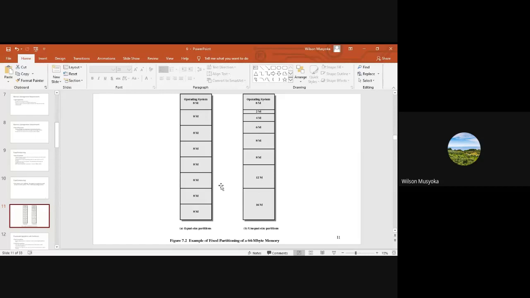This is an example of how internal fragmentation takes place. Here this is 8 megabytes, for example, and the operating system is going to divide the memory into partitions of 8 megabytes each. But if a process is 4 megabytes, then 4 megabytes is wasted. Again, another one is wasted. When there is a big memory requirement, you have to do what we call overlay,